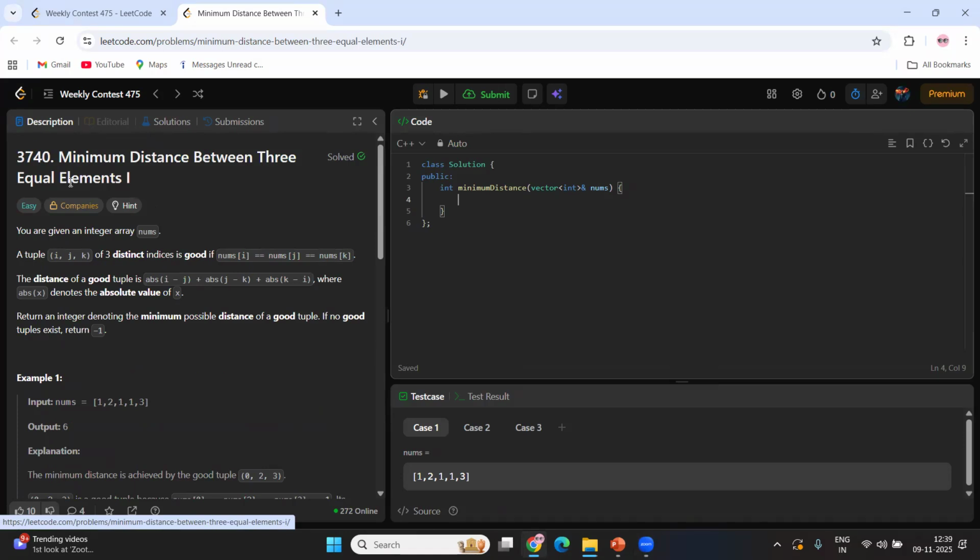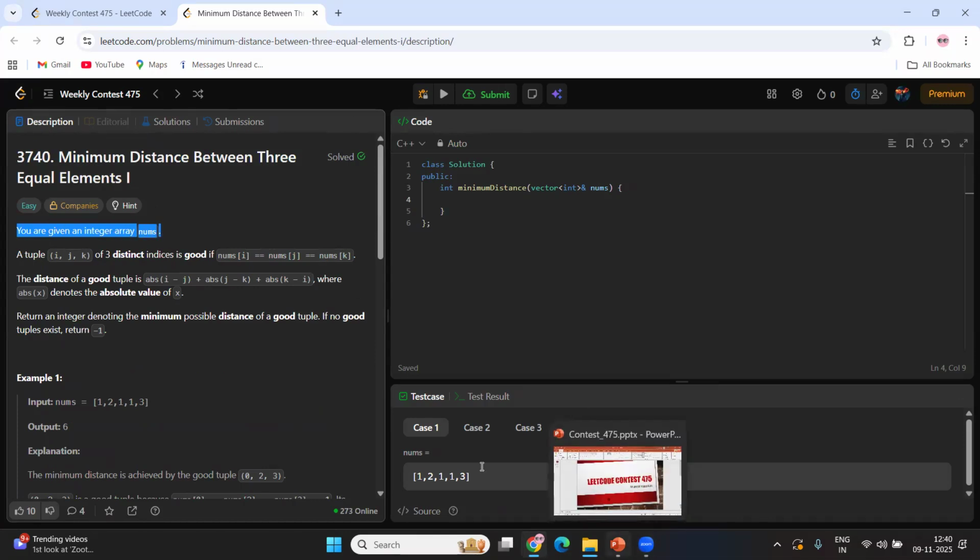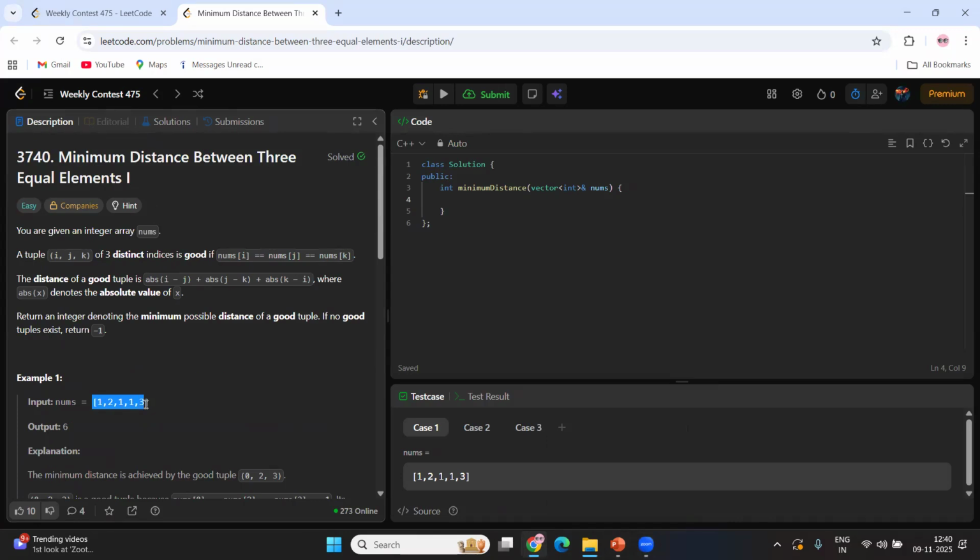So let's understand the problem. This problem is about the minimum distance between three equal elements. You are given an integer array nums, like this: 1, 2, 1, 1, 3. I have to consider a tuple of three distinct indices i, j, k,